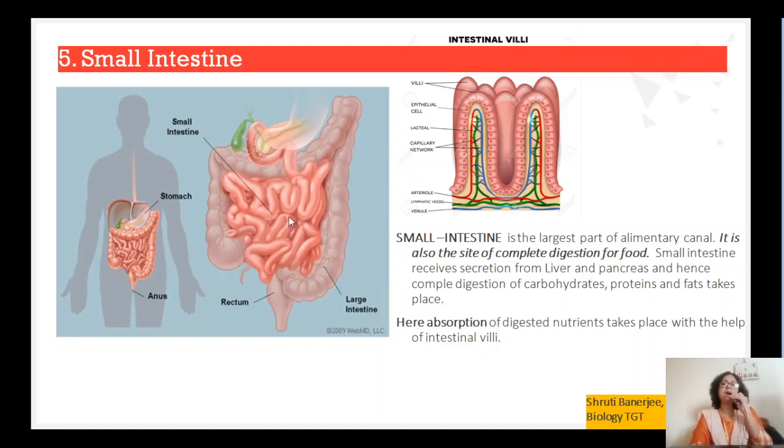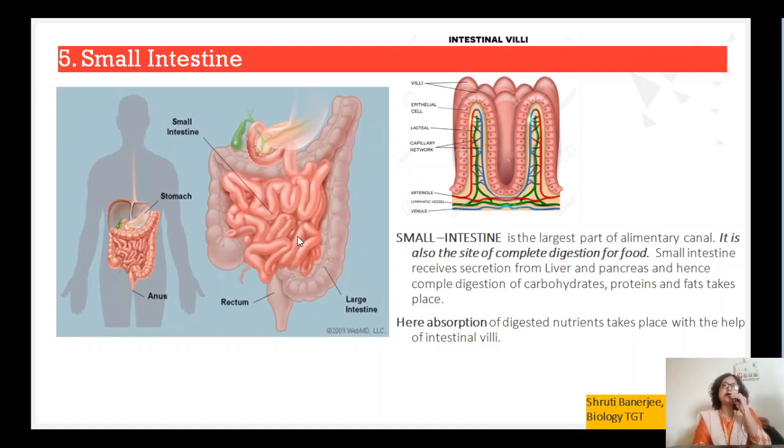And also you should remember that the small intestine is the largest organ of the alimentary canal. What is the alimentary canal? The human digestive system. So the small intestine is the largest organ of the human digestive system, and this is the site where the complete digestion takes place. Up till now, in the mouth and inside the stomach, the food was partially digested, it was not completely broken down. But since now the food has entered the small intestine, and together with it has all the bile juice and the pancreatic juices, now the process of complete digestion will take place.